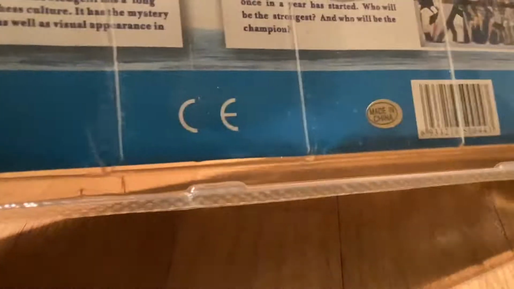We'll look at some symbols on the bottom. No sad onions, unfortunately. Take one more look. Nope, no sad onions. Warning, choking hazard, small parts, not for children under 3 years. Alright,